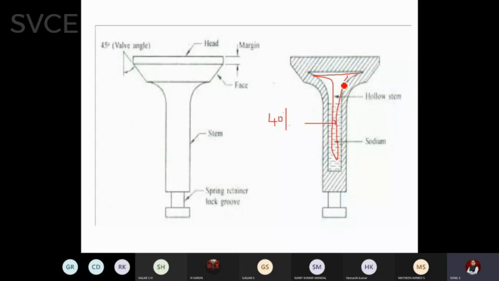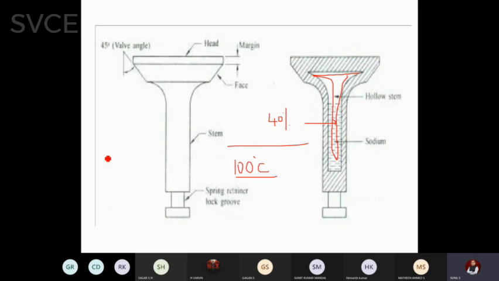When the exhaust valve is blocked and this moves out, what happens? This excess heat will be given out to the water jacket. When the heat is given out, again it forms a solid, wax-like thing and settles at the bottom. So this is the mechanism of operation. By this mechanism, you can reduce the temperature of the valve by up to 100 degrees centigrade. The inside structure is made hollow and 40% of the volume is filled with sodium salt.